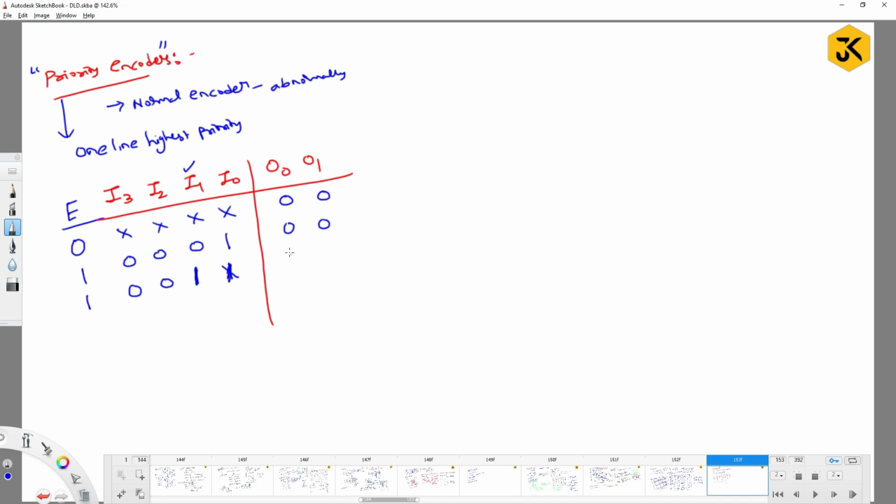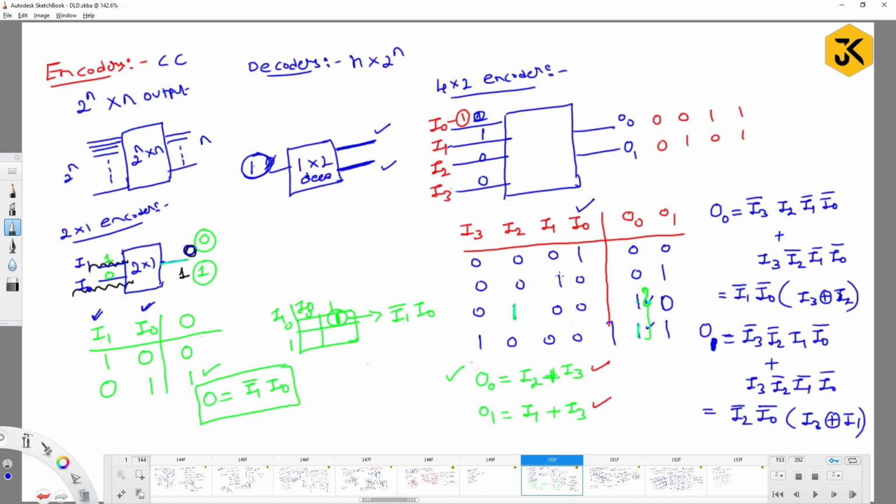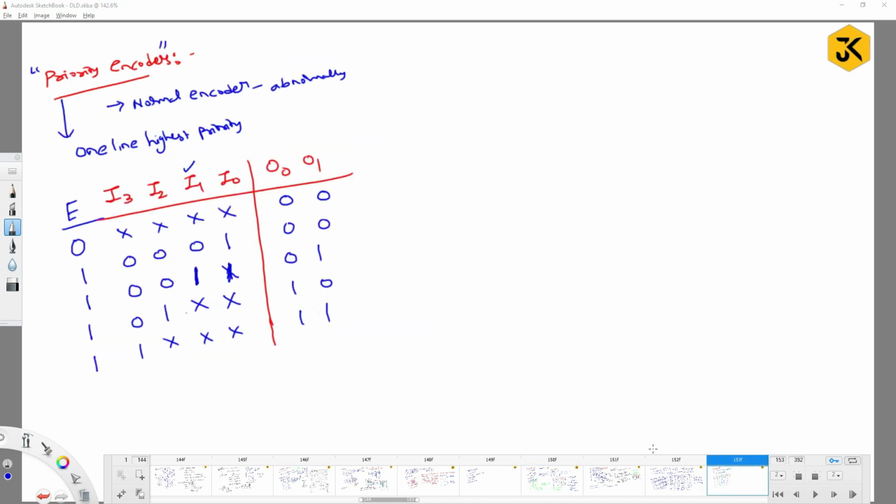So for this, what will be the answer? 0, 1. Similarly, if the circuit is enabled and the input is 0, 1 followed by don't cares, irrespective of the lower inputs being 0 or 1, I need to produce the output 1, 0. With one more possibility, 1 followed by triple X, you get 1, 1 as output. This is the way the priority encoder overcomes the drawback of the normal encoder. Earlier we had taken only 4 cases, when I0, I1, I2 or I3 is 1, but here we covered all the cases.